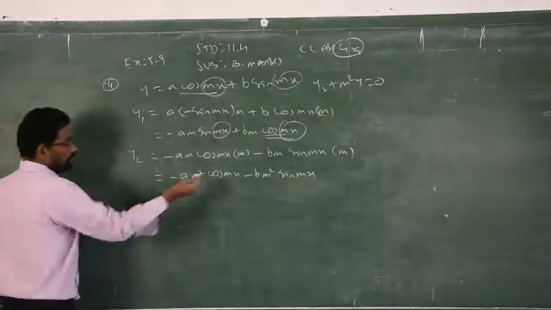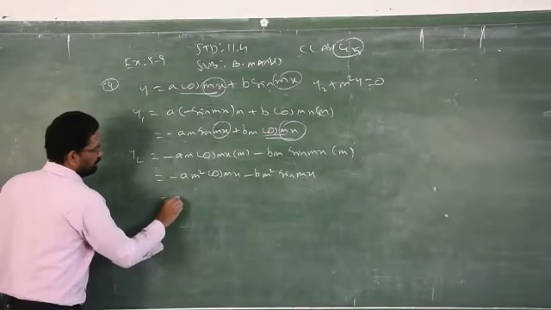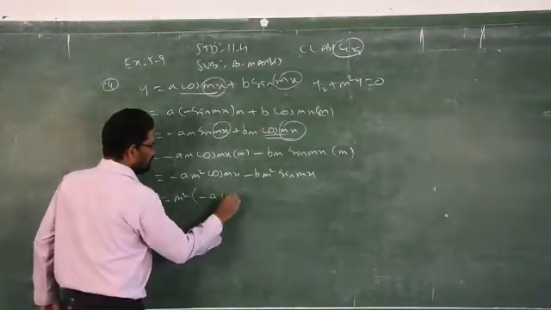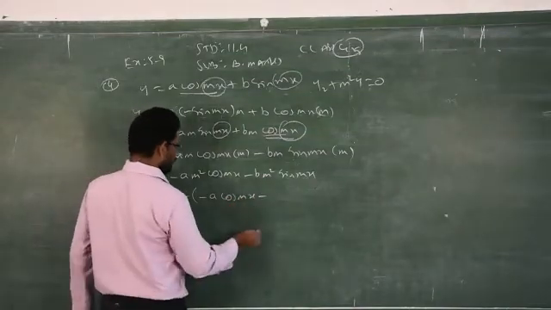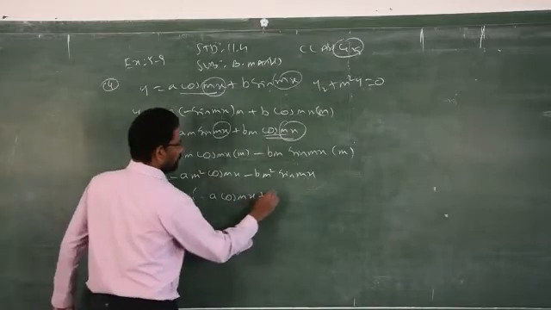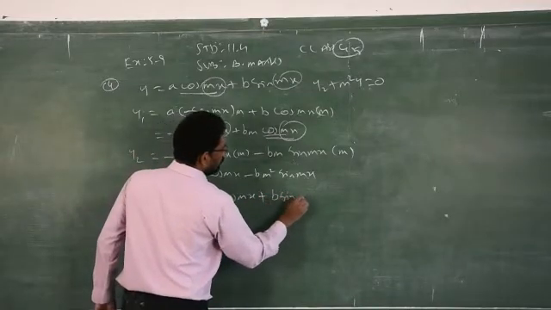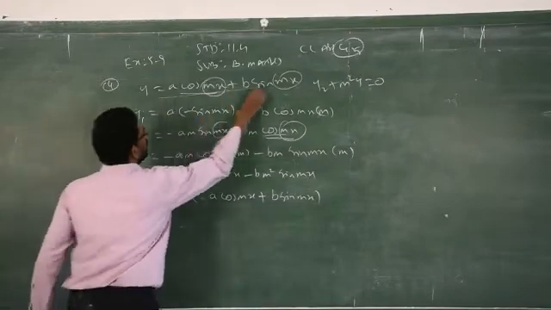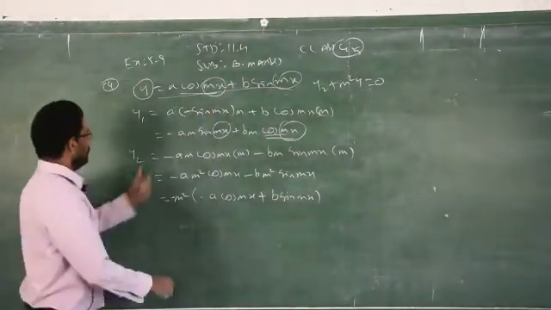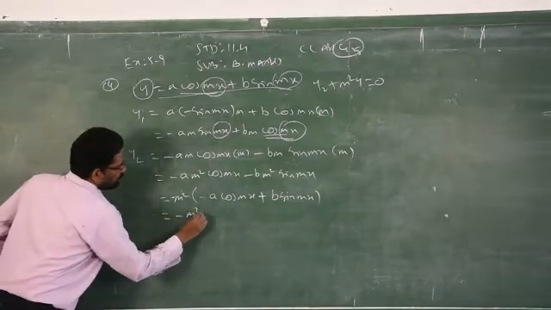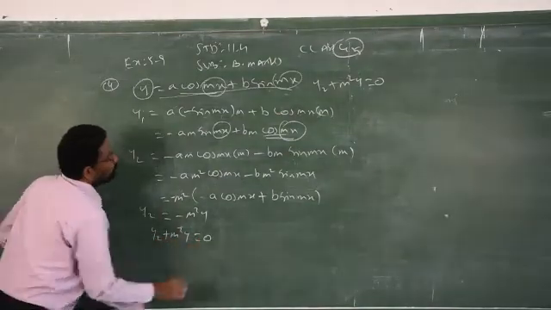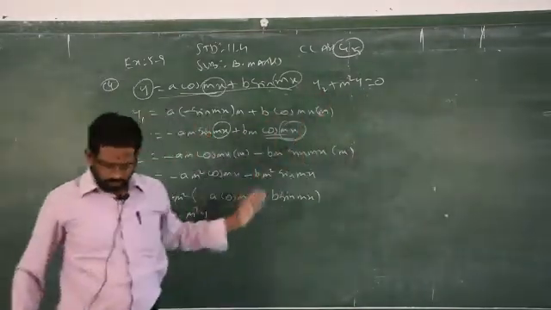So what is the common factor of these two? M square is a common factor of both the terms. So m square into minus a cos mx minus, you take minus also, so plus b sin mx. So this is nothing but what? a cos mx plus b sin mx is nothing but y. That is minus m square y, y2 plus m square y is equal to 0. Hence the proof. So just very simple.